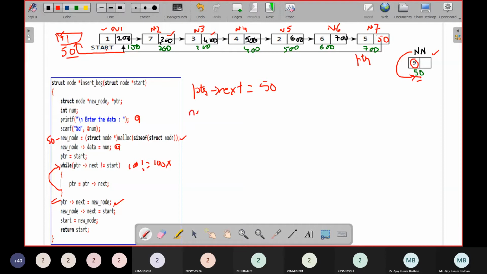So what I have to write here: new node arrow next. So next equal to, it should consist of a value. What is the value? It should actually consist of 100. So 100 is present in the pointer variable start, so simply I'll write start. So here it will have 100, and that 100 we are storing in this. So indirectly 100 will come here. So a link is formed from here to here with the second step that we have here.